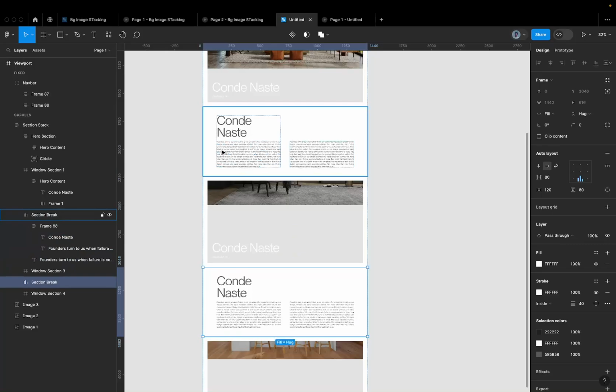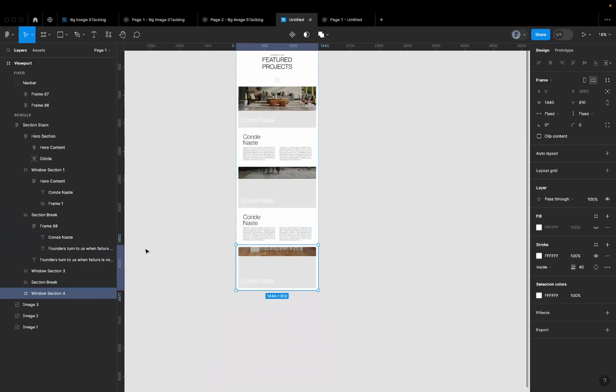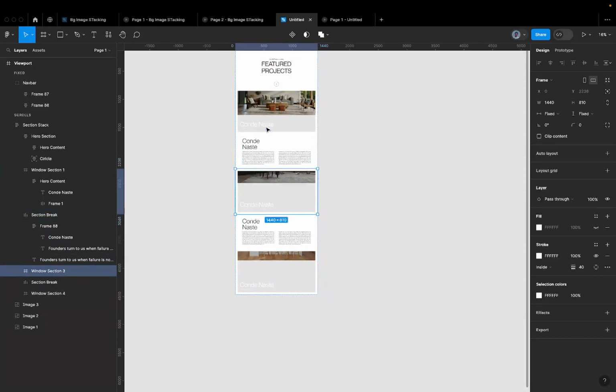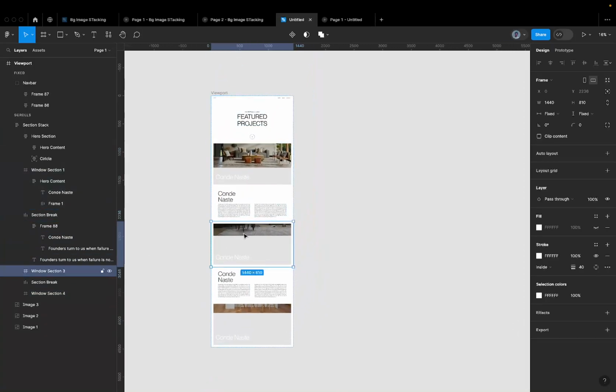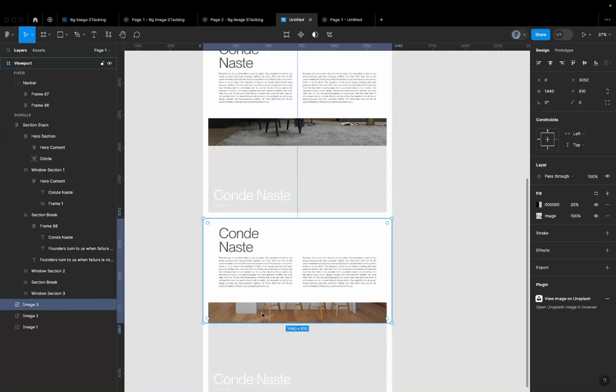So yeah, we're going to have window section 4. Sorry, no, window section 3 really. Where is window section? Okay, you have window section 1, section 2. Yeah, there's a break, so I just have 2. So you're going to have this one as 3. So window section 3. You can see that I have the images coming just before their corresponding